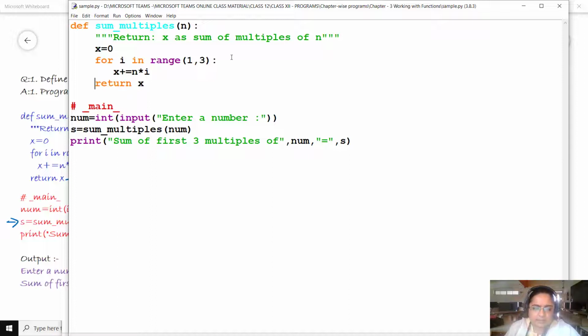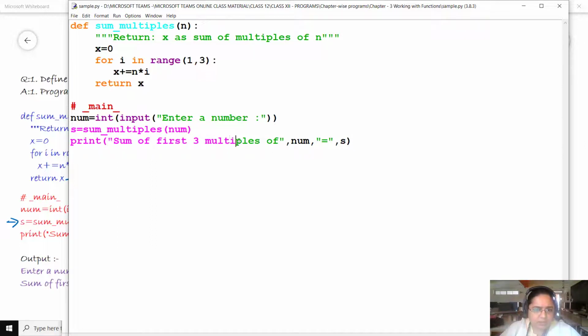Students, this can be taken up as a very important conceptual question. These are application based thoughts where you need to apply the concept in solving a problem. The code is already given to you. All you have to do is modify this code such that the function does not return the value. When I say the function does not return the value, it means that the function will itself print the value within its function body, right? So this statement will be changed.